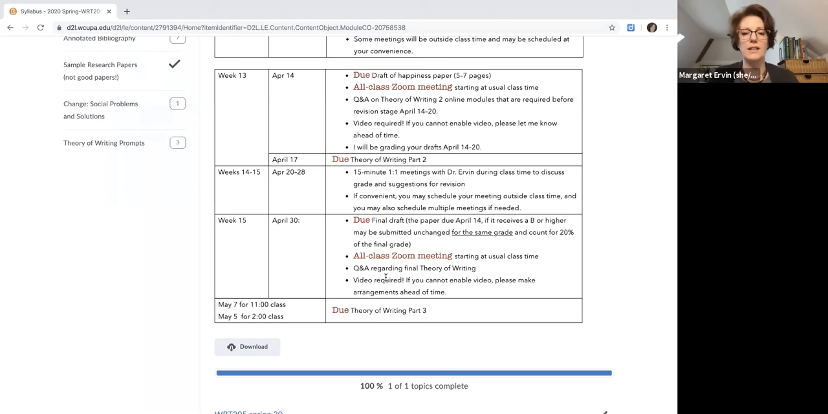So potentially, if you do really well on your first draft, you have a gap of time. So you science folks can be getting some stuff out of the way and then just focusing on your science. So it's pretty